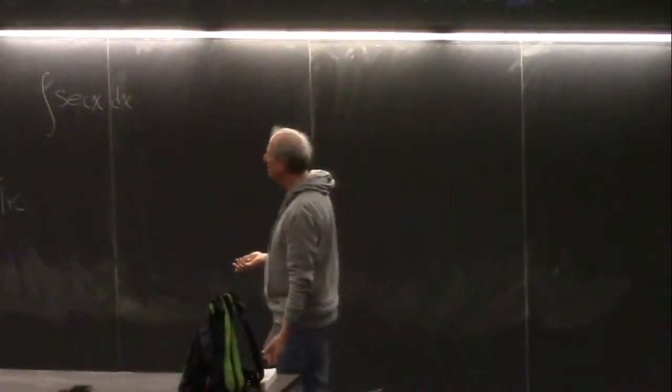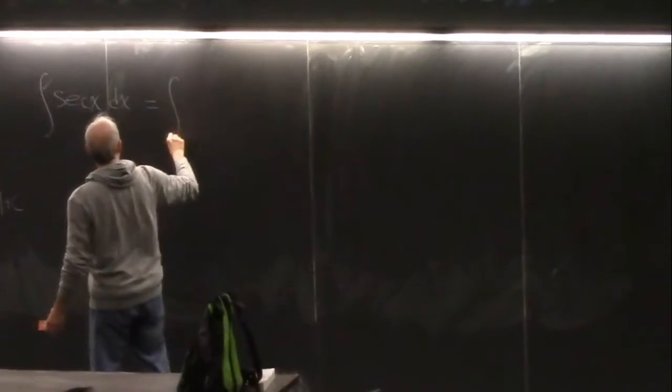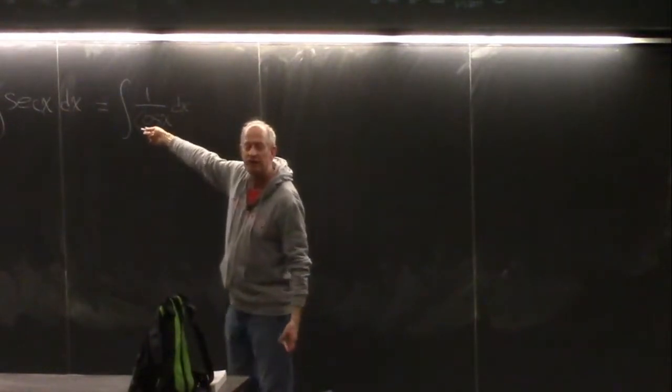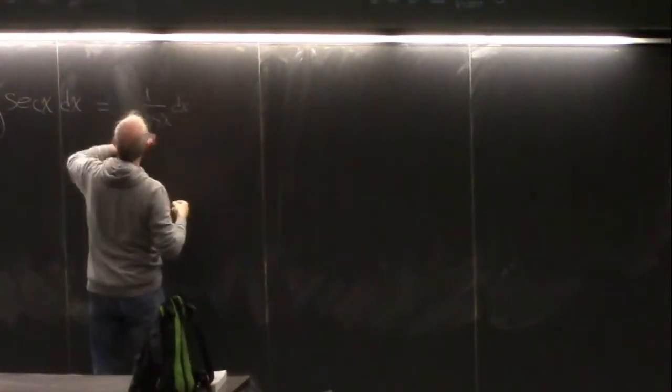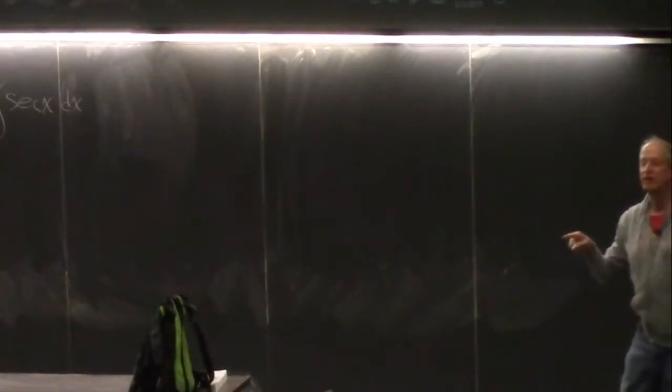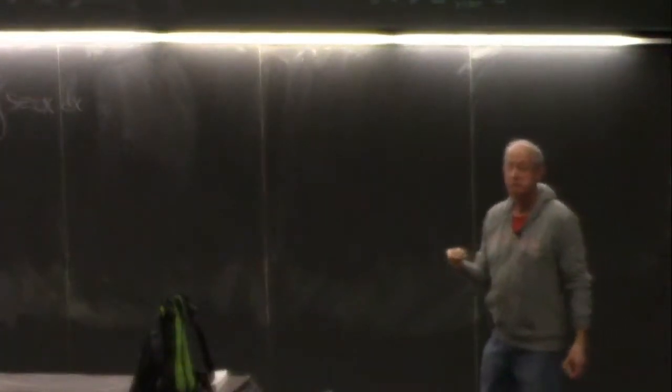So let's see. Well, let's say I make it 1 over cosine. The problem is if I make it 1 over cosine, I'm going to have cosine. See, if I do this, this is wrong, so don't copy this. If I'm going to do this, now what? I'm not better off, right? I can't let u be cosine, so we don't want that one. I need a sine somewhere. So if I'm going to have a cosine, I need a derivative of cosine. So here's something that maybe you would have thought of, but probably not.